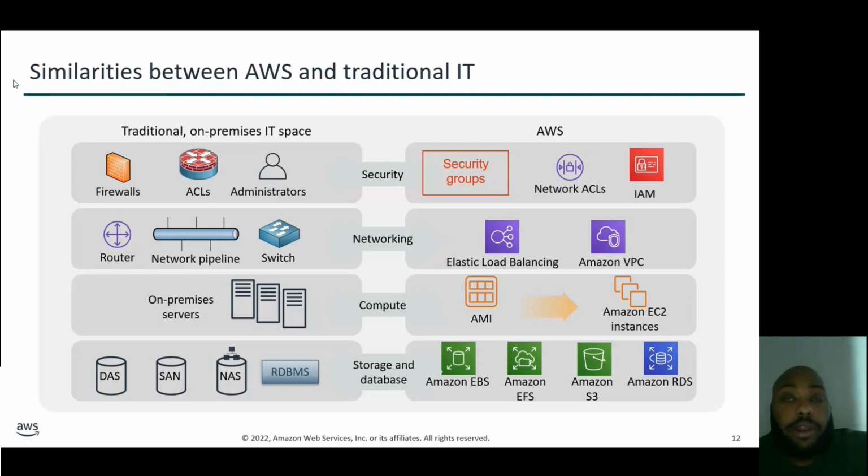It acts like your router, and it acts like your switch, where all your incoming traffic comes towards your load balancer, and your load balancer then acts as your router, where it can route different traffic to different servers you have. So you might have